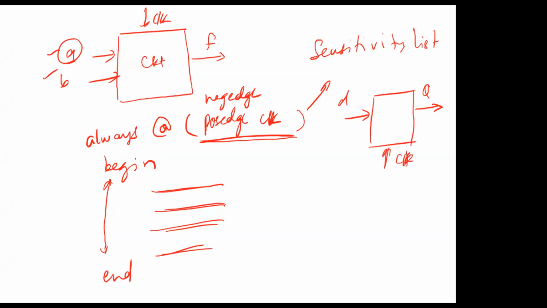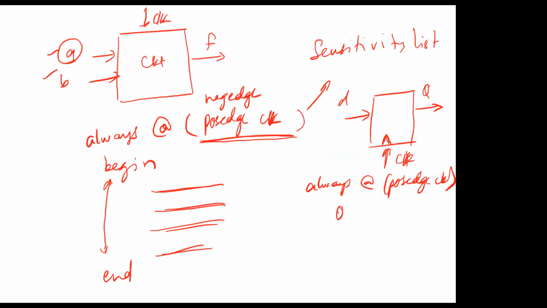Right. So generally it is indicated by this triangle, which means it's an edge-triggered device. So the way in which Verilog is written, or the main functional place for that, is always @(posedge clock)